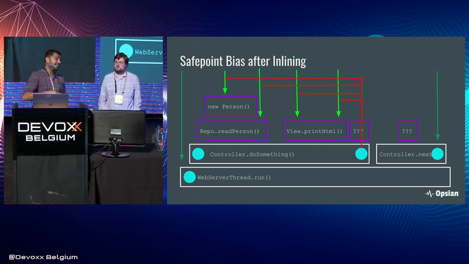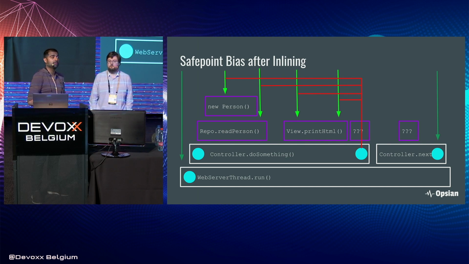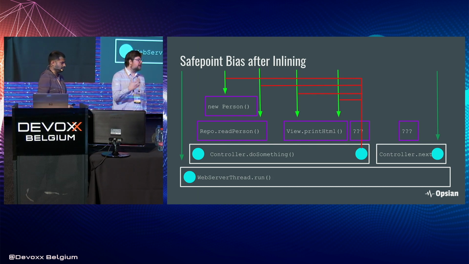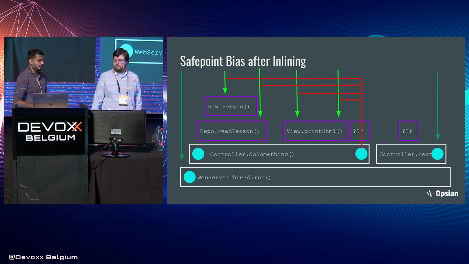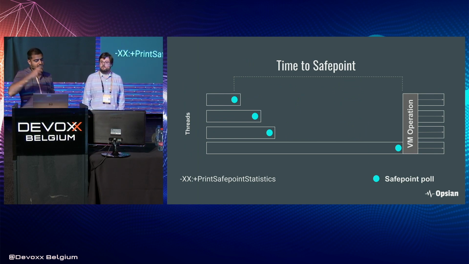And the bias can get worse as well, because as Richard was saying, there are certain types of loops where safe points can actually be removed. And these loops can be quite long as well. So there are periods of time where we might be blind to the work that's being done for the resource that we're trying to measure. And again, these are areas where the JVM has more aggressively optimized. So things that you would expect to be really hot, really important code, that's where the blindness can get worse. Right. And then we have another problem as well, if we're triggering safe points, and that is time to safe point.